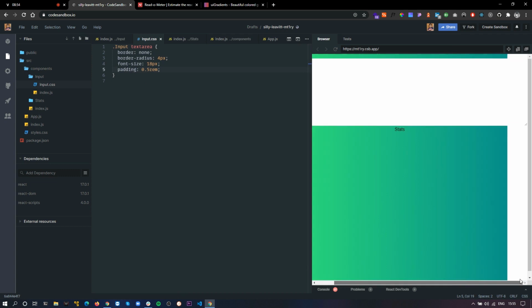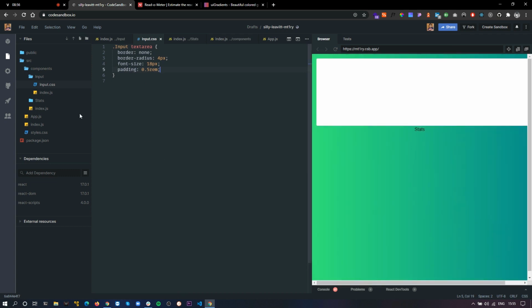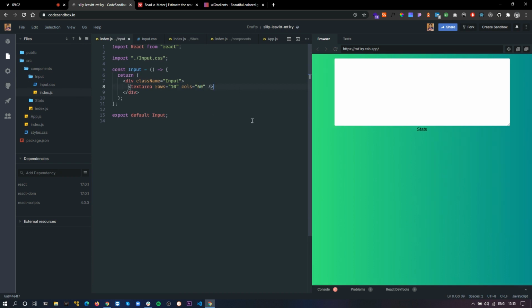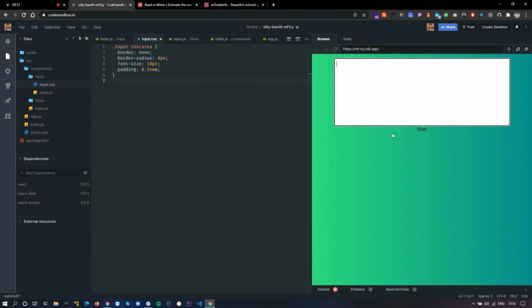And right now this is flowing out of the screen, so what I'll do is I'll just reduce the columns from here. So I'll do 60. It stays inside the screen for now, because styling isn't our main goal. Our main goal is to learn React and hooks. Okay, so this is done.